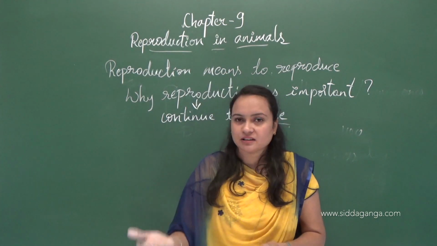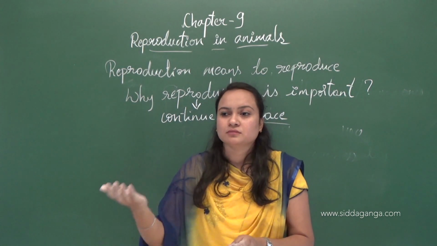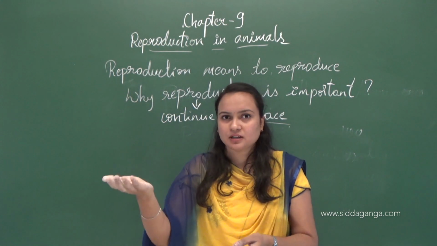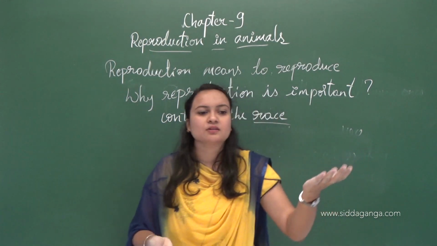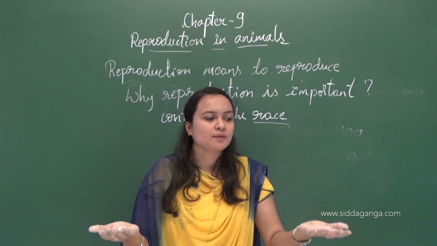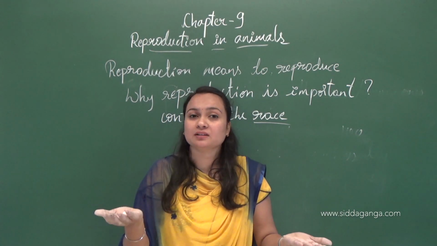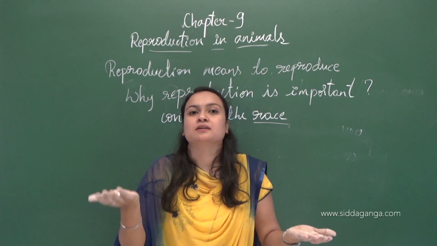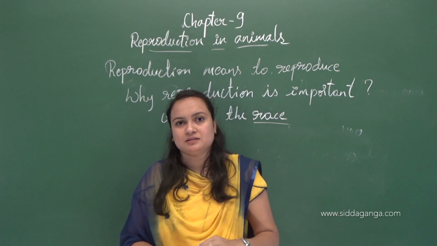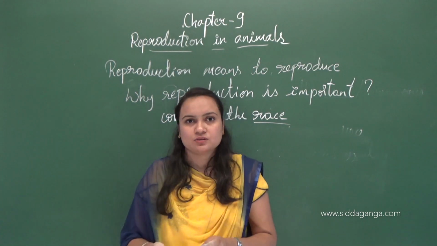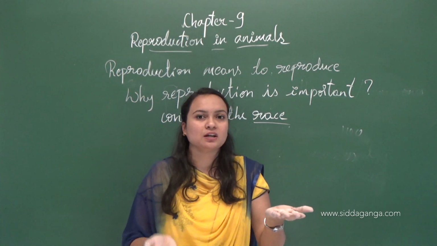So that means if an organism or a species is being born, there is a birth rate, and if there is a death rate, they must be equal. If the population starts to die, and if the reproduction or birth rate is not right, that means it is not balanced, then the ecosystem will become imbalanced. To get a healthy ecosystem,